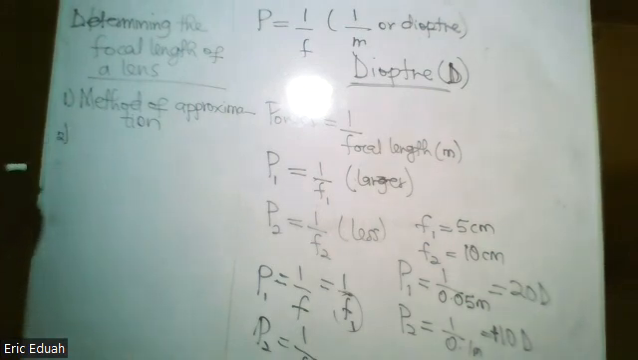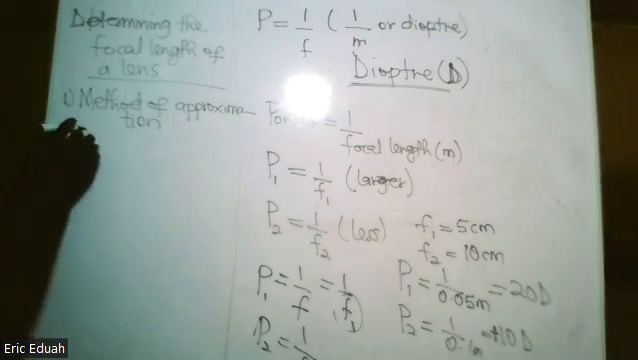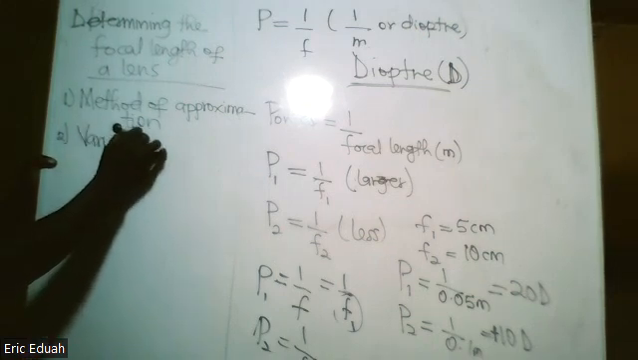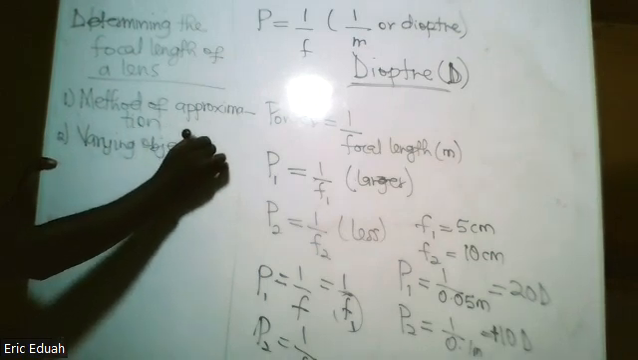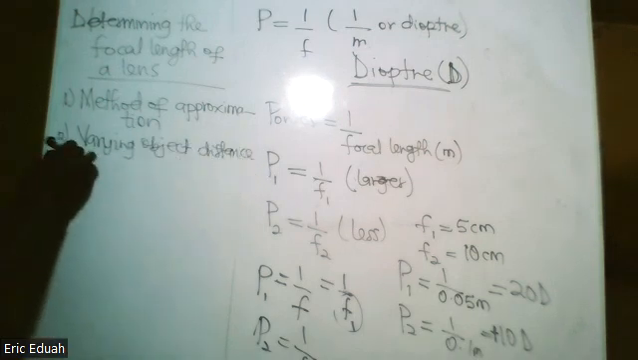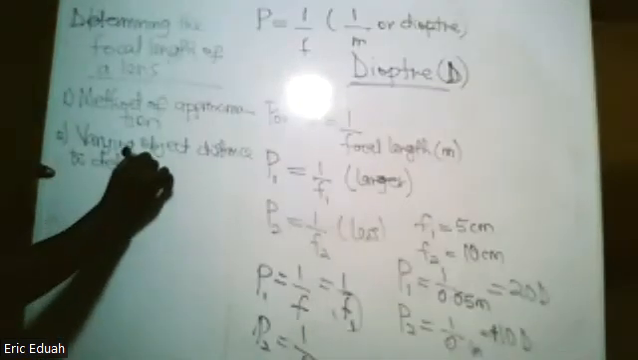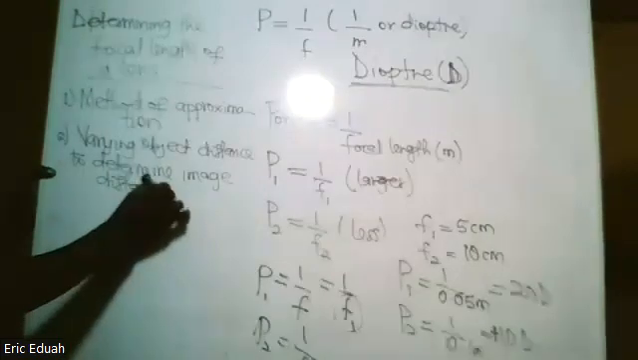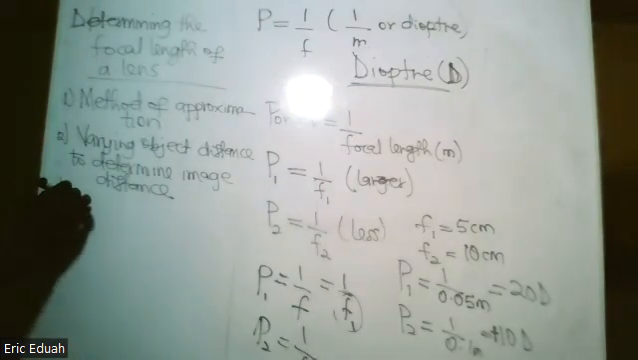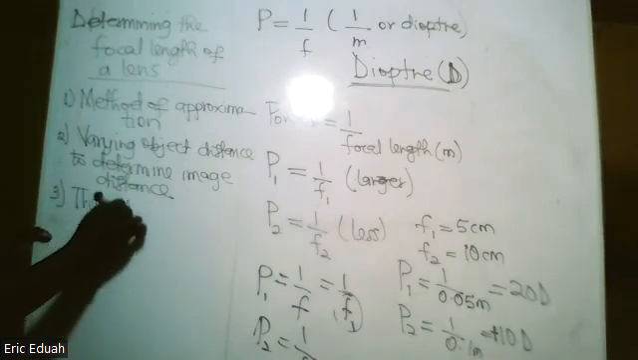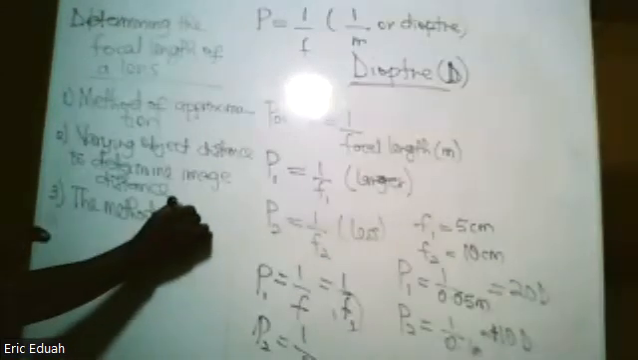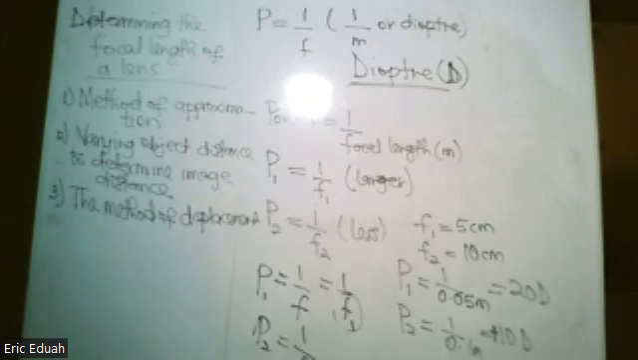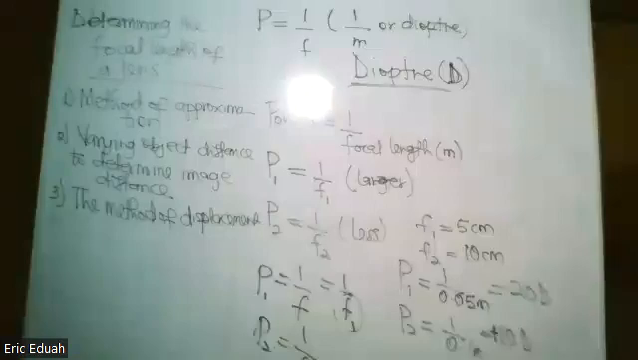Two, method of displacement, varying object distance to determine image distance. And then the other third one we often use is the method of displacement. The method of approximation